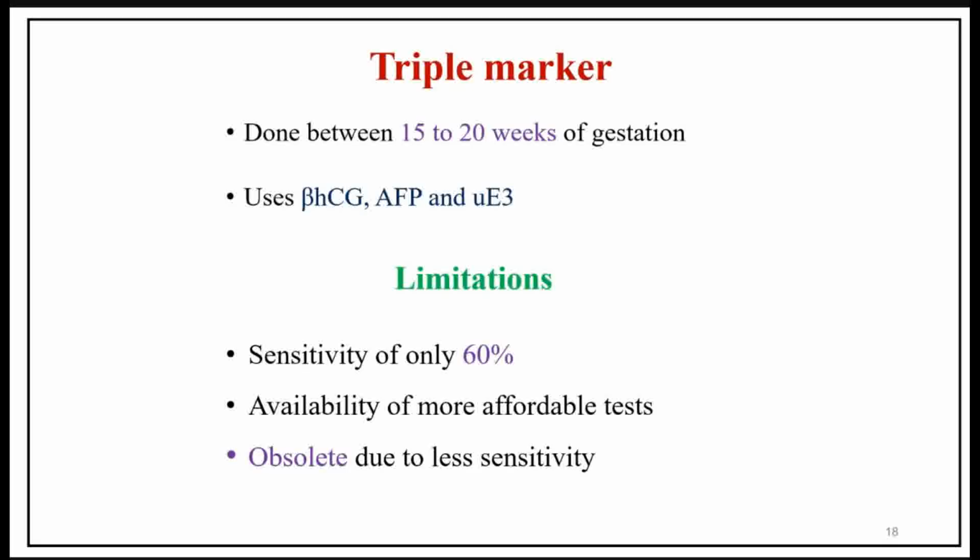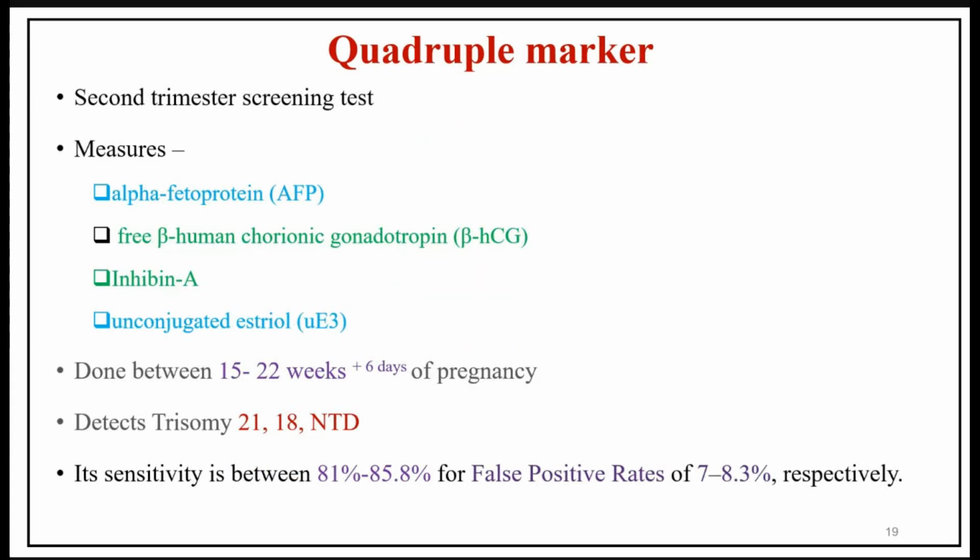Then we have another test, that is a second trimester test, triple marker. Triple marker is done at 15 weeks to 20 weeks of gestation, and it is now obsolete because of less sensitivity, and there are more affordable tests available, so it has become obsolete. Yes. Then another second trimester test is the quadruple marker, which measures alpha protein, free HCG, inhibin A, and estriol,